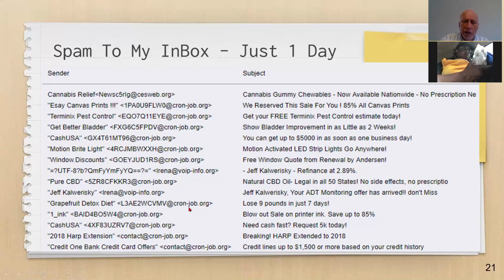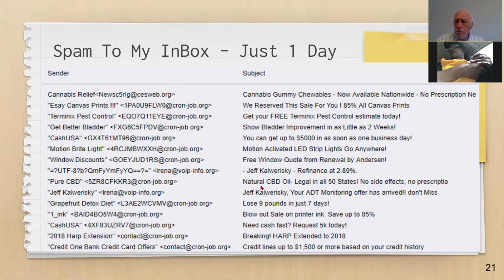And it's not even a regular email address like something @gmail.com or amazon.com. It's cronjob.org, which means nothing. But they sent me all of these scam emails. Immediately one knows that they must be junk, because no one company could possibly do all of that. These things come from scammers sitting in Nigeria or Eastern Europe or China or somewhere, and they're just sending out millions and millions of these emails, right? They're able to buy email addresses and send you this trash.